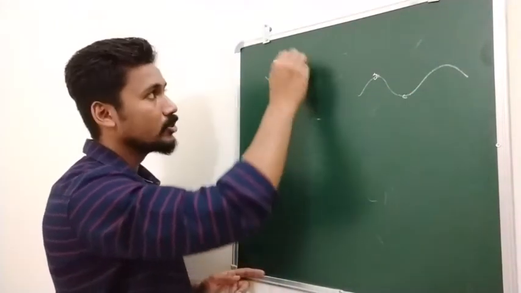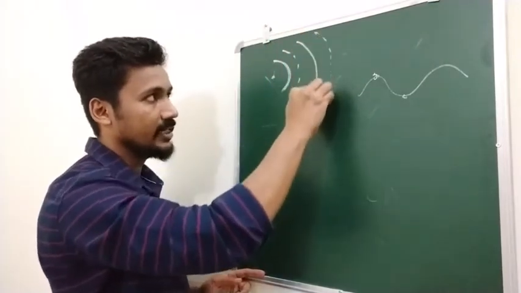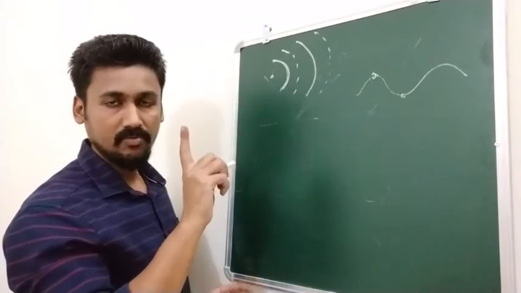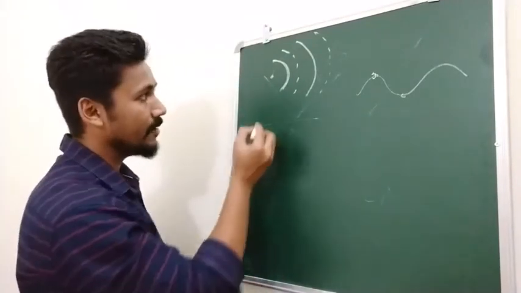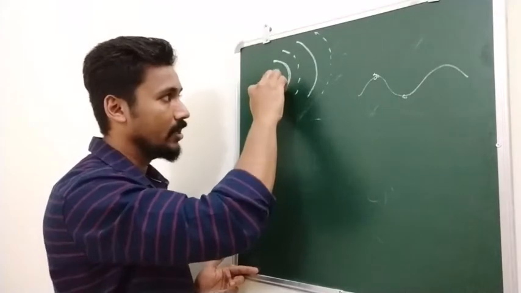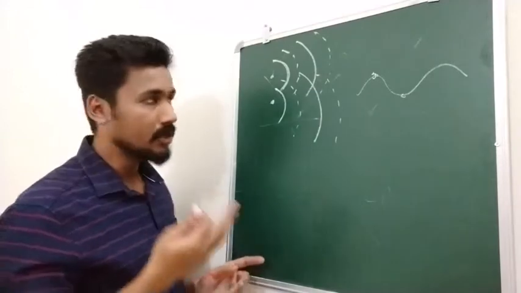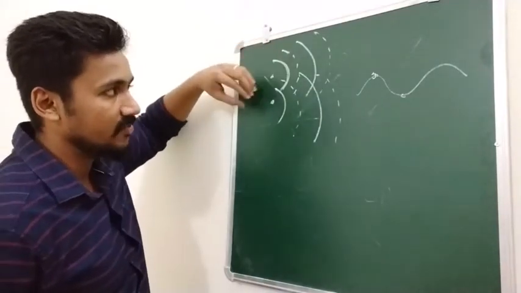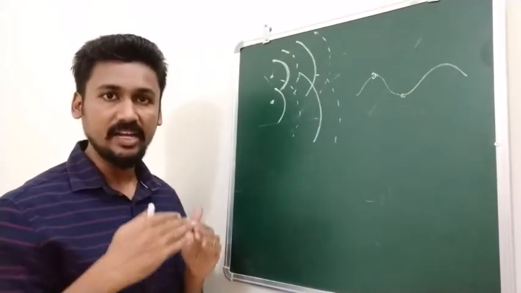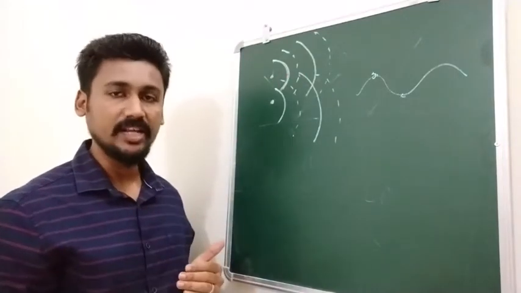Then this is the trough. So trough we will represent by this dotted line. Once again we will get a crest, and again we will get a trough. Correct? This is what happens when waves are created. So this is one source of wave. At the same time, if you drop another stone inside, that stone will also create similar crests and troughs. Then as the waves start expanding, you see that these crests and troughs start interfering with each other. There is a superposition. Correct? This phenomenon is called interference of waves.